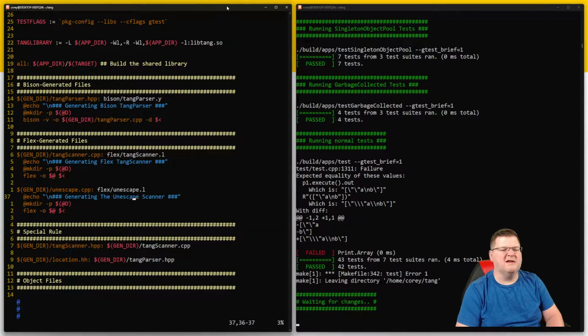Do I want to call it...? I don't want to keep calling it scanner. Oh well, that's probably fine. And so it's going to generate it, and now